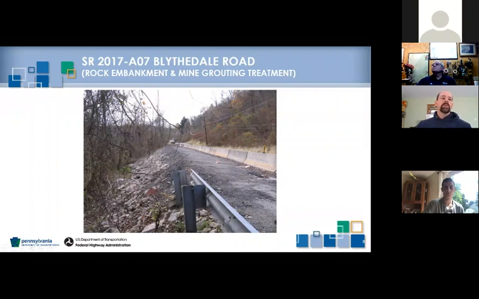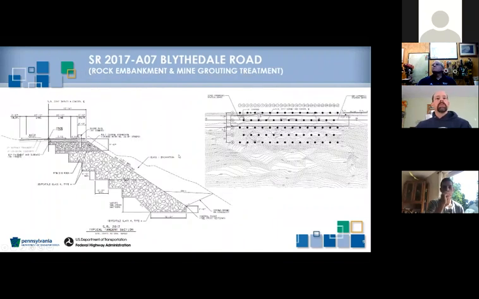So what happened here was a failure partially due to mine subsidence. In our area, there's a lot of undermining of the Pittsburgh coal layer, and as such, those mines have sat empty for quite some time, and even during the war era, some of them were mined again to where they needed a certain percentage left in there, but during wartime they said, hey, we've got to take more out, so even more was taken out. So you have this periodic landslide, or not landslide, mine subsidence, in this case, caused the landslide.